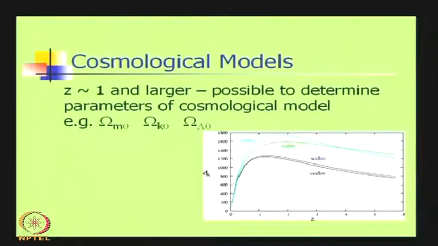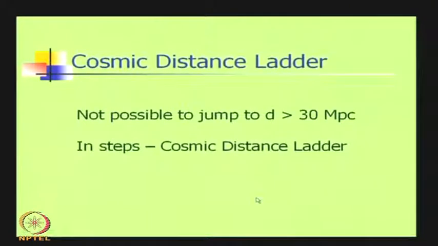The other important thing is that if you can push this exercise to larger redshifts of order 1, at redshifts of order 1, we have seen that the different distances, for example, the angular diameter distance, the way it varies with redshift depends on the cosmological model. So, if you can measure the distance as a function of redshift, you can determine which cosmological model we are in. So, you can essentially determine the values of these omega density parameters, because the distance will be different for different density parameters. You will get one value, so you will know which one we live in. Okay. That is the basic idea.